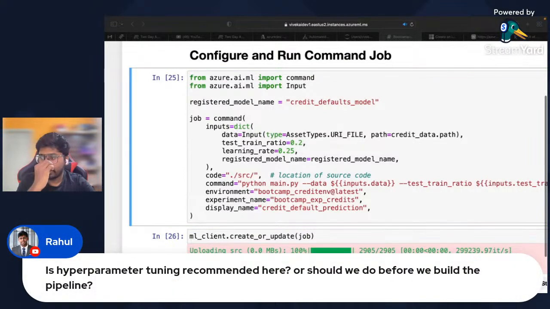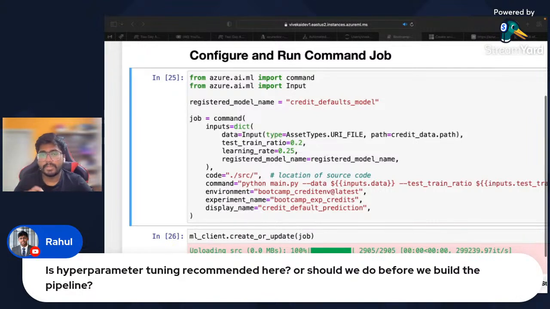Is hyperparameter tuning recommended here, or should we do it before we build the pipeline? We haven't entered the pipeline phase yet, but good that you brought this question. Hyperparameter tuning is where you first train your job and then see whether the results are up to the mark. You can create a hyperparameter job as well. This is a training job, where you train a data set.